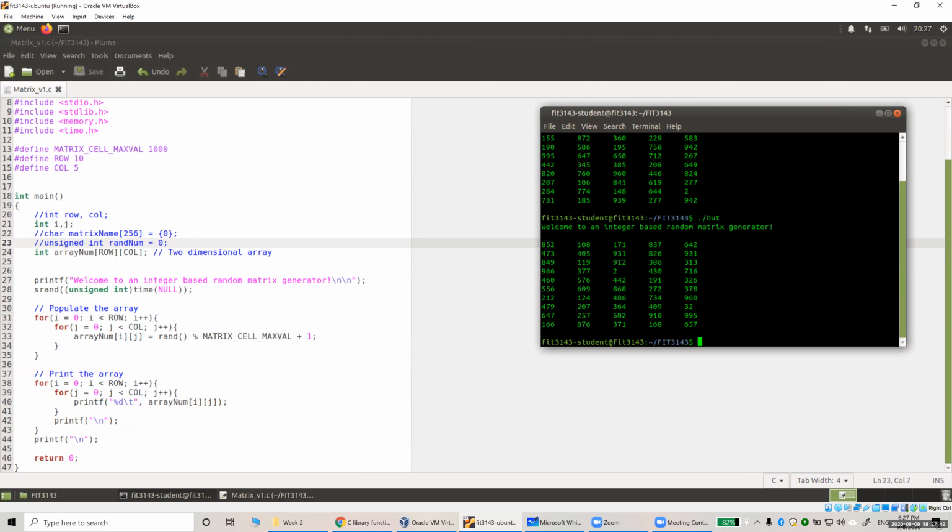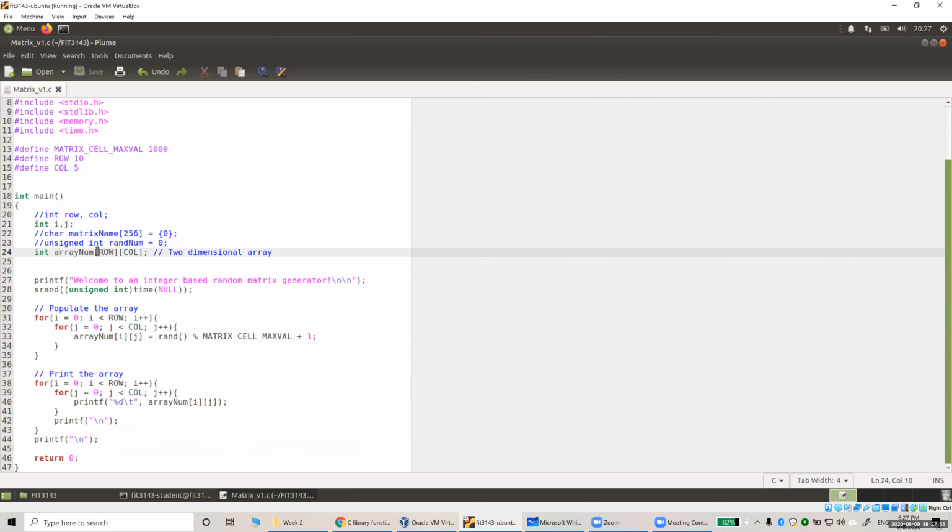Okay, so in actuality, although you are representing your array as a two-dimensional array, the compiler sees it as a one-dimensional. When the compiler compiles the code, it will generate the assembly code, which when run at runtime will search for contiguous elements in memory of row times column. In this case, 10 times 5, 50. So you will look for 50 elements in memory. Since it's an integer, 50 times 4, 200 bytes. So you look for 200 contiguous bytes in memory which are empty, and then it will reserve that entire section of the memory for your